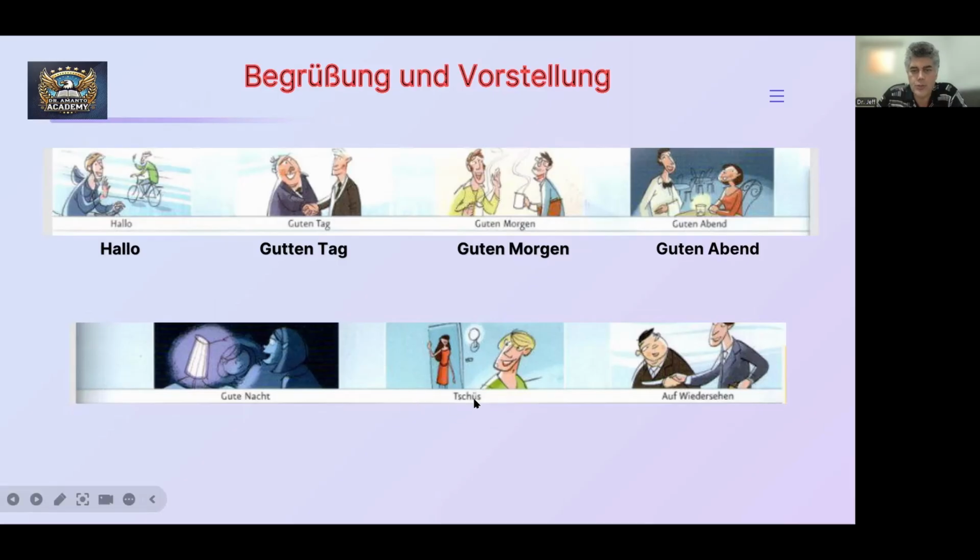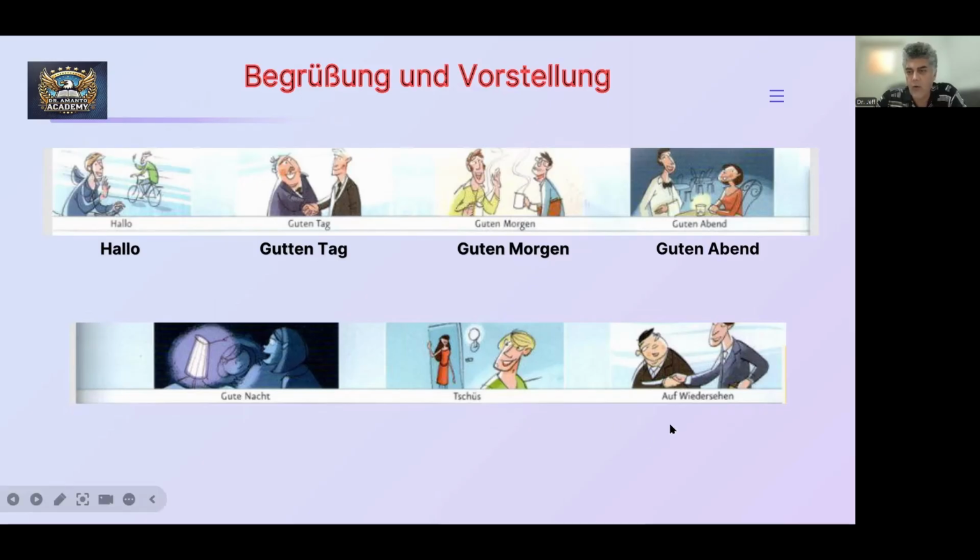Tschüss. We talked about the ü sound, umlaut. T, s, c, h together becomes a sound like in Tschüss. We use it as hello, and we use it as goodbye. So both cases we use. When you see somebody, you can say Tschüss as hello, or you can say Tschüss saying goodbye, when you are separating, going away.